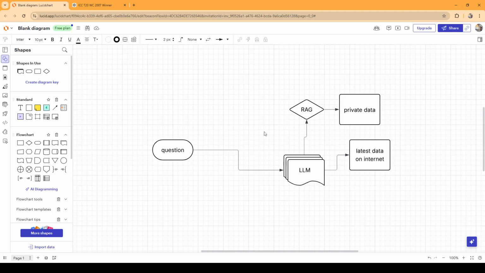So what basically it does is a search based on the question. The question is converted into a context. That context is searched in this private information. And when it searches, it retrieves the information.